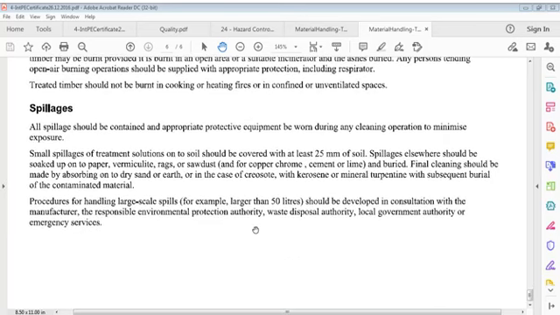Spillages. All spillages should be contained and appropriate protective equipment be worn during whatever cleaning operation to minimize exposure. Small spillages of treatment solutions onto soil should be covered with at least 25 mm of soil. Spillages elsewhere should be soaked up onto paper, vermiculite, rags or sawdust,